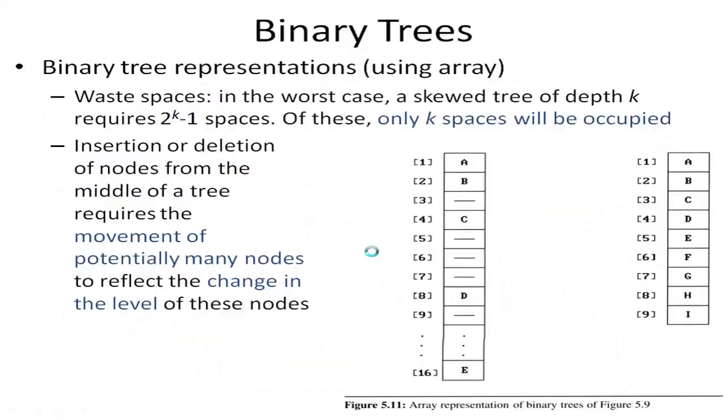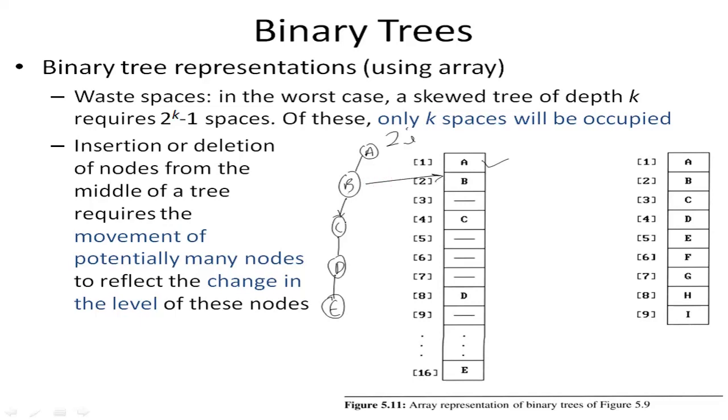Now this other tree I will just redraw here. So it was A, B, C, D, and I had E. So it was a skewed tree, something like this. All these are left nodes. So this is a left skewed tree. Now I have to save obviously A at the first place. A's left node is B. So left node, it is calculated by 2i. So A is at location 1. So 2 into 1 is 2. So I will have to save B into location 2.